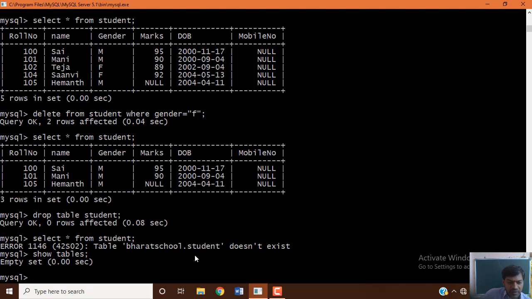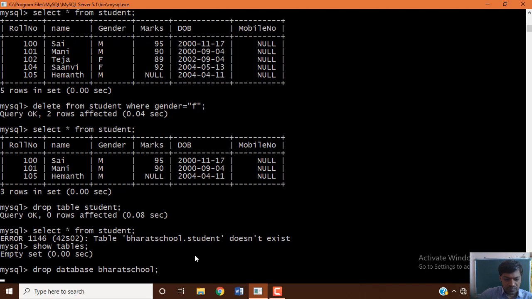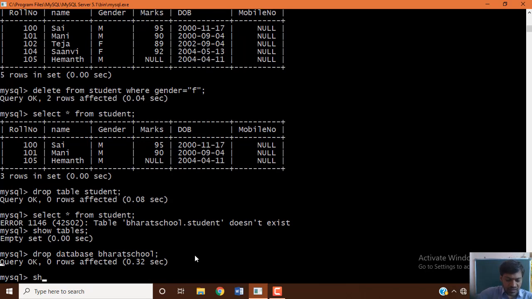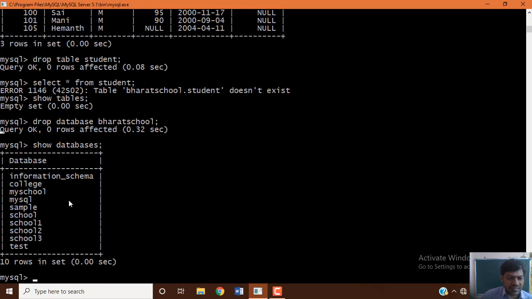Deleting and dropping your table as well as dropping your database also can be done, with the DROP DATABASE command. Now how can we check that our database is deleted from the MySQL server? SHOW DATABASES. Now you can see the database also doesn't exist in our MySQL server. That is how you can delete a database also.